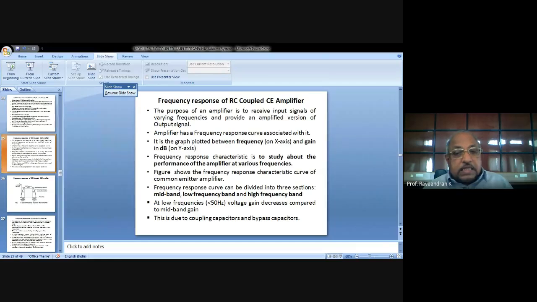Or in other words, the signal current will be reduced at low frequencies, because the capacitive reactance is considerably increased. So what is the basic feature of this signal? The signal is passing through the amplifier for amplification to improve its strength. Usually the signal has a very small power, some microwatts to milliwatts. Such a very small signal power is to be amplified by amplifying the voltage of the signal.